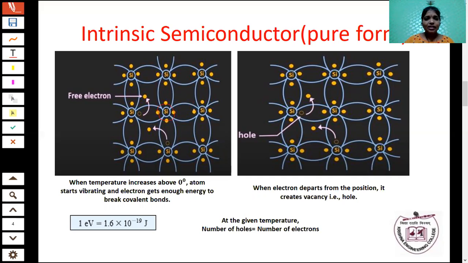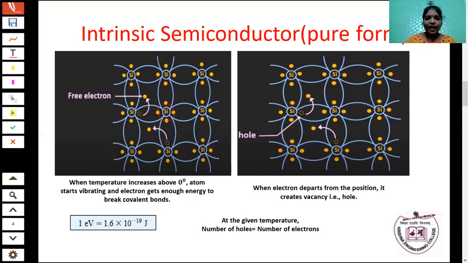When the temperature is increased above 0 degree, what will happen? Let me see. So this is the crystal structure of silicon. Here, in this crystal structure, any semiconductor material has a large number of silicon atoms. Each and every